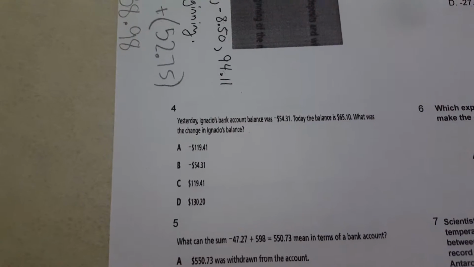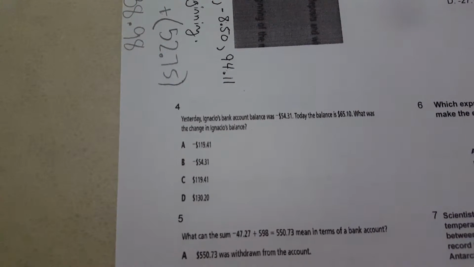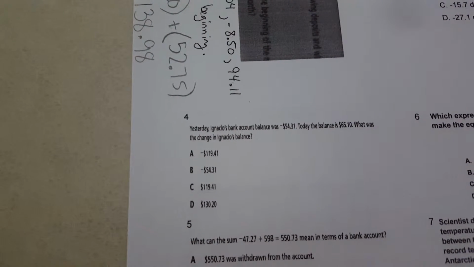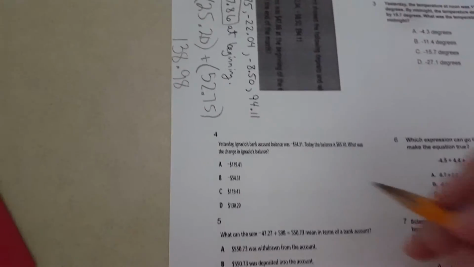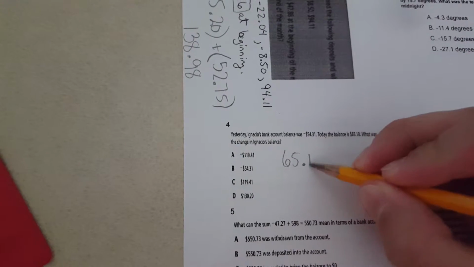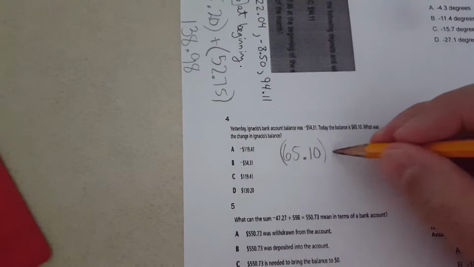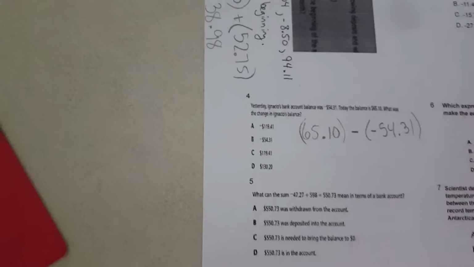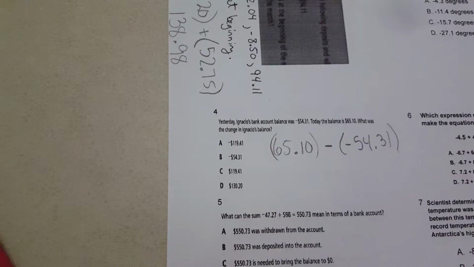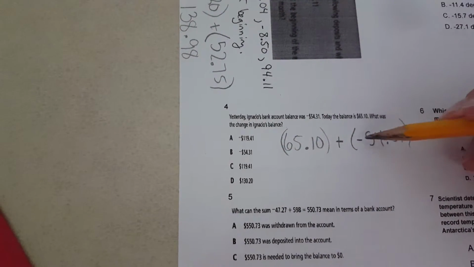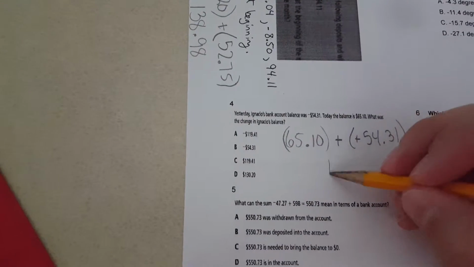Yesterday, Ignacio's bank account was negative $54.31, and today it's $65.10. What is the change in Ignacio's balance? One thing you could do is $65.10 minus negative 54.31. And whenever you subtract, you should add. And the opposite of negative 54 is positive. When you go about doing that, you'll get